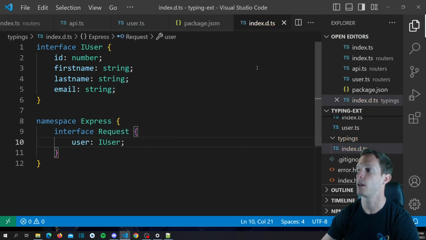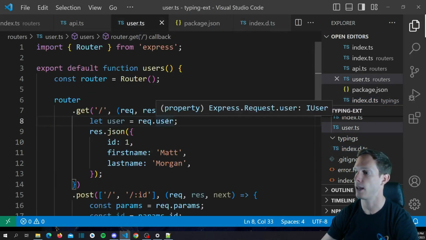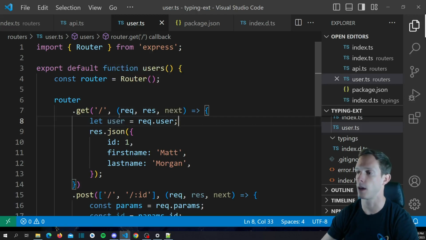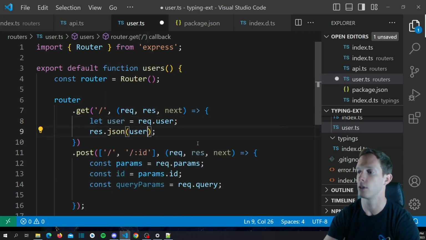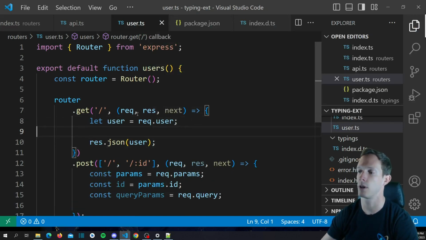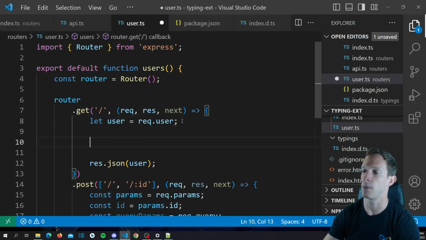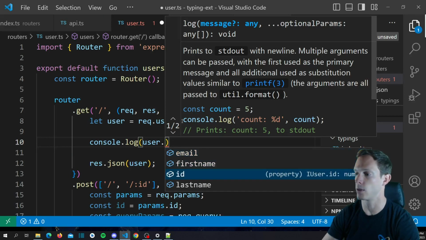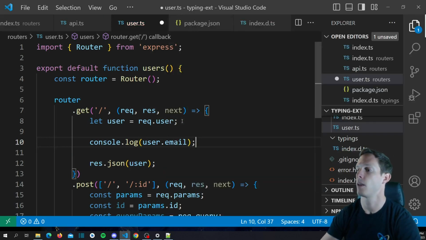and it's going to be of type IUser. All right, and now you can see that the error already went away. So now we have our user defined as an IUser. It's declared but its value is never read. That's not a particular error. You'll actually use this user, and you can go ahead and just return user, right? So you're going to return request.user here, and you're good to go. So this knows that this is of type IUser. If you wanted to console.log user.email, you can see it has all of the types on there,